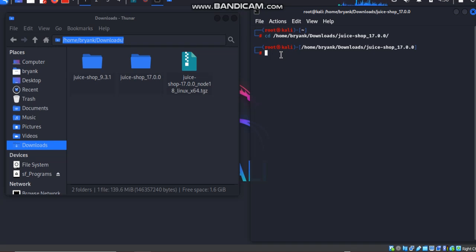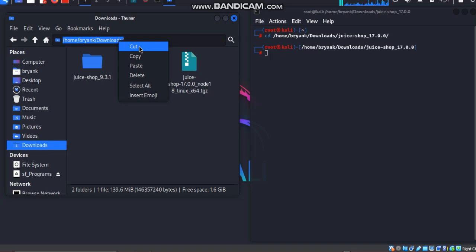So if you are using your own system, just open your downloads, then right click on the address. Now you see, this is just the download. I just want to be in the download. Let me copy this and cd into the download and not into the Juice Shop.